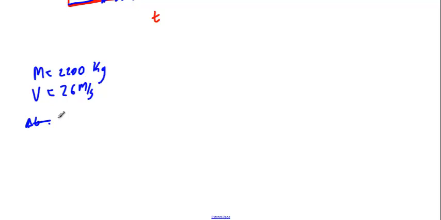Let's see. In your book, I'm going to work a problem here real quick. It says a 2,200 kilogram car traveling at 94 kilometers per hour. So I have a mass of 2,200 kilograms, traveling at a speed of 26 meters per second, which is 94 kilometers per hour. And it can be stopped in 21 seconds if we apply the brakes.